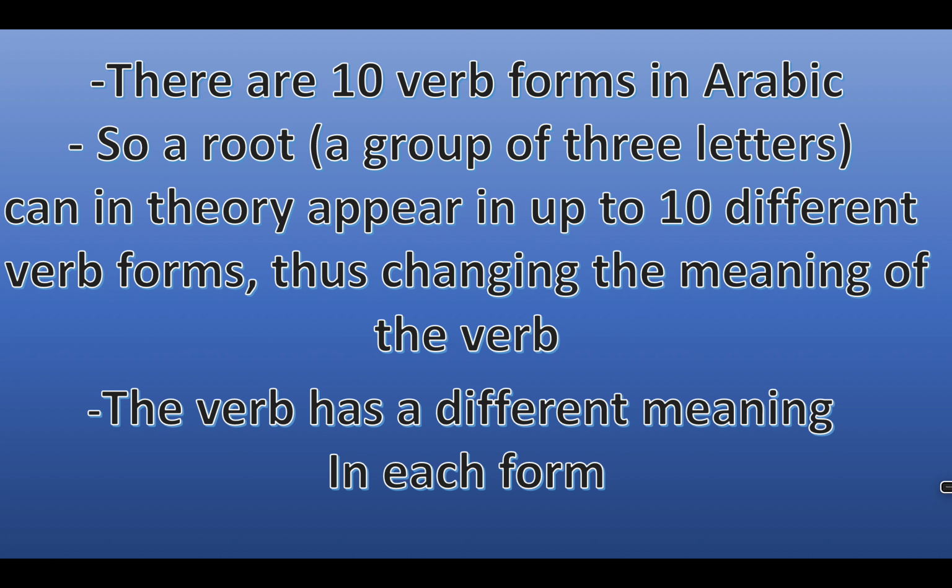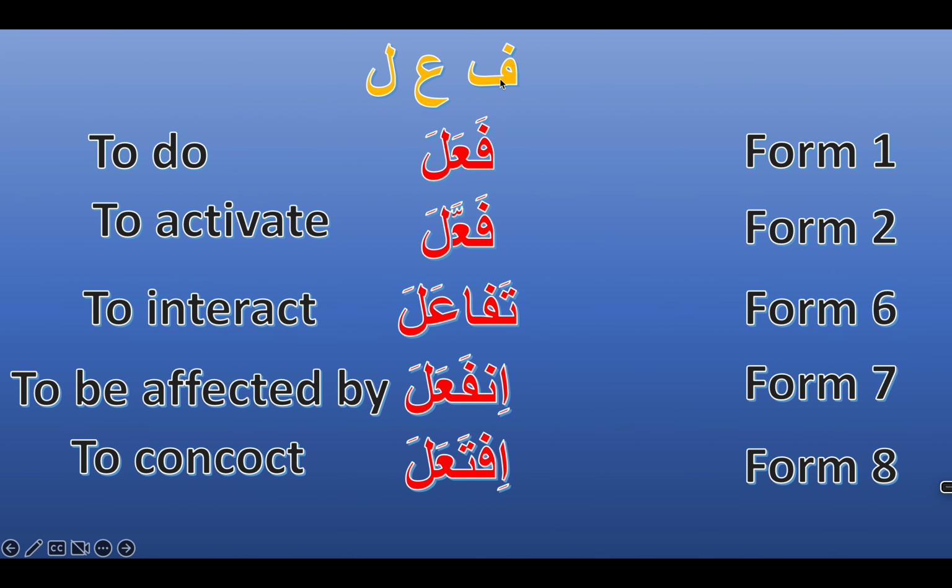Let's see an example of a root in the different verb forms and how the meaning changes. Again, you don't need to know this now, this is purely for reference. So the root fa'ala, fa'ain lam, in form 1, fa'ala means to do. In form 2, fa'ala means to activate. Notice the shadda shows that it's doubled, so it's actually different to form 1. In form 6, the fa'ala doesn't appear in form 3 or form 4, but in form 6, tafa'ala means to